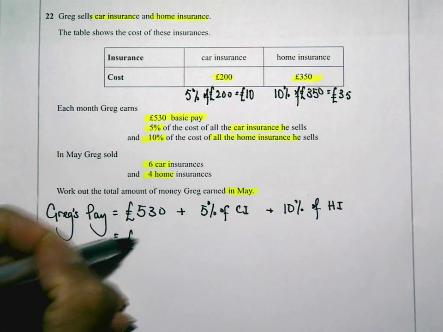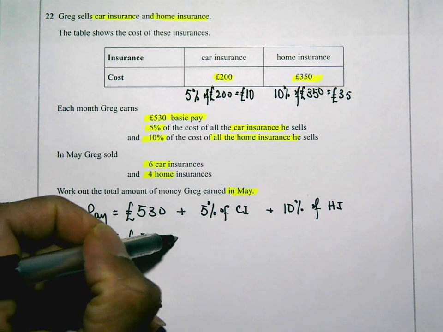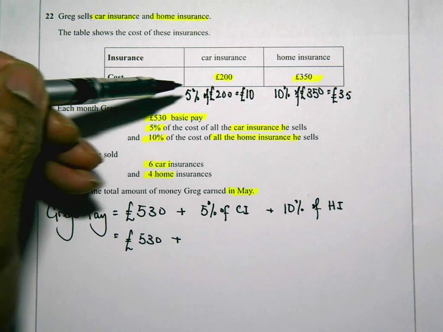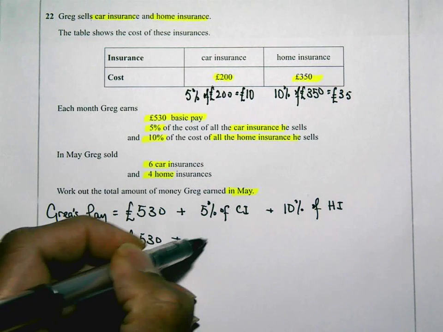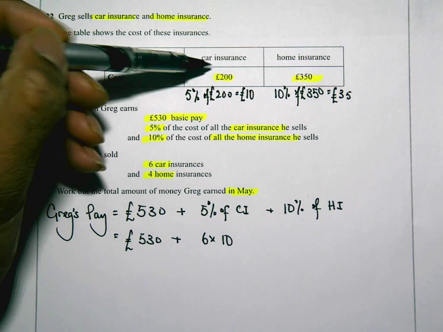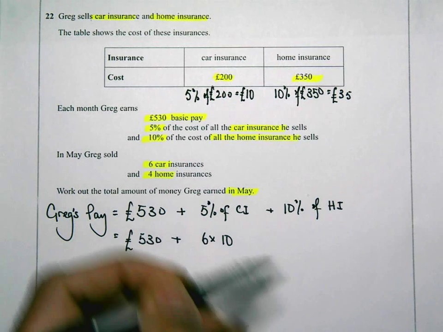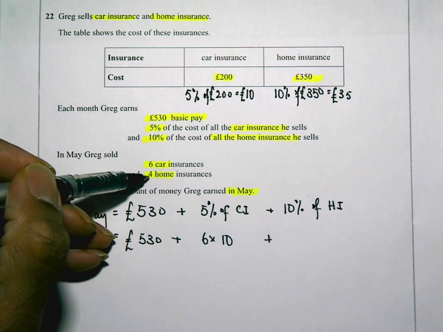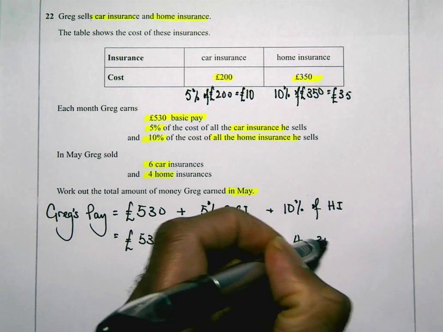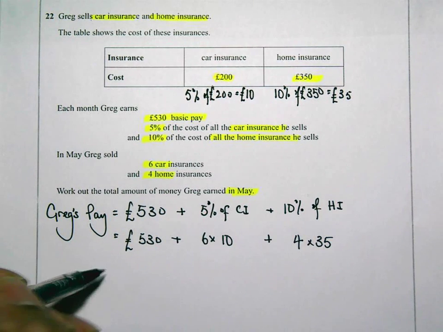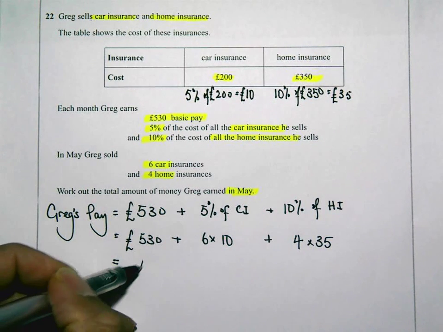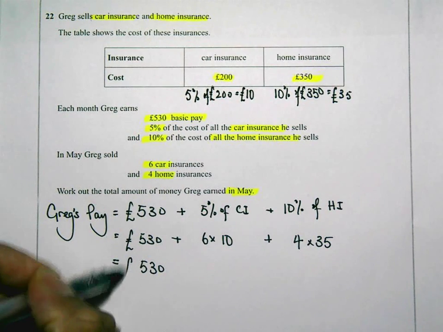So he's going to get his basic pay of 530, and if he sells 6 car insurances, that means he's going to get 6 lots of 10 quid, because for each car insurance he's going to get £10. If he sells 4 home insurances, he's going to get 4 lots of £35. Okay, so this is starting to make sense. You've got the £530 plus, that's going to work out at £60,